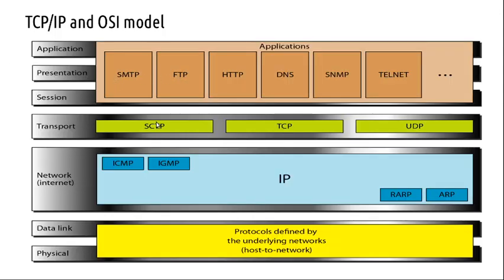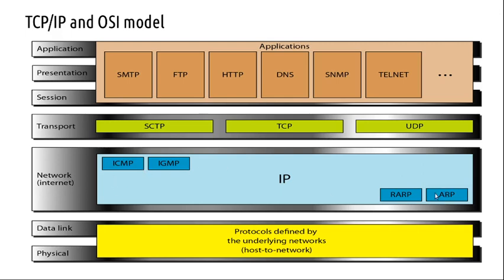So this is the thing. If you have the OSI layers, the topmost three layers are combined into an application layer. You have different protocols running in the application layer. Then the transport layer, say secure transport protocol, that's what I remember. I didn't check up. I forgot. So TCP, UDP, these two dominant protocols.